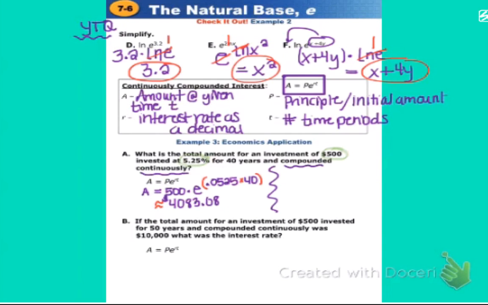Now, what I decided to do is compare this to monthly compounding. So I'm going to do a real quick calculation as if this was paid on a monthly basis. Let's say I started off with my $500. I go back to that other formula for compound interest, and I multiply that by 1 plus the interest rate as a decimal, 0.0525. If I'm compounding monthly, that would be 12 times a year, so I divide that by 12. And my exponent will be 12, the number of compounding periods per year, times 40, because that's the number of years. So when I calculated that value after 40 years, I got